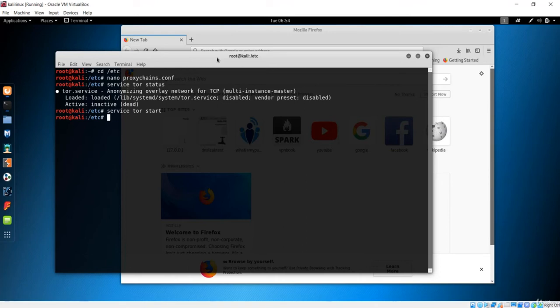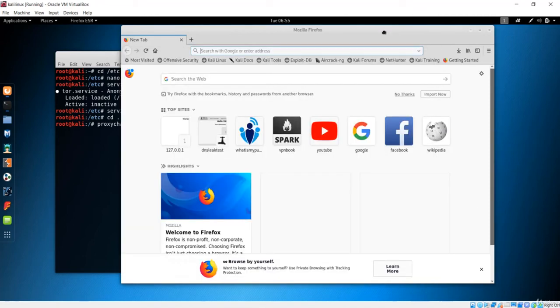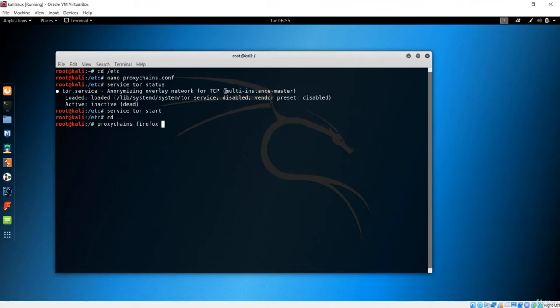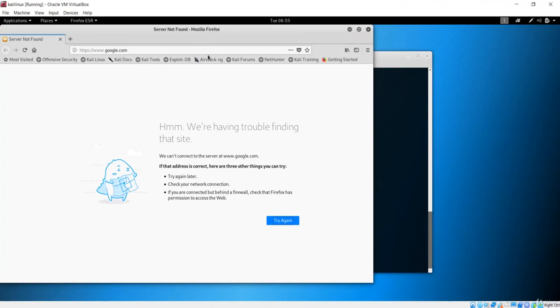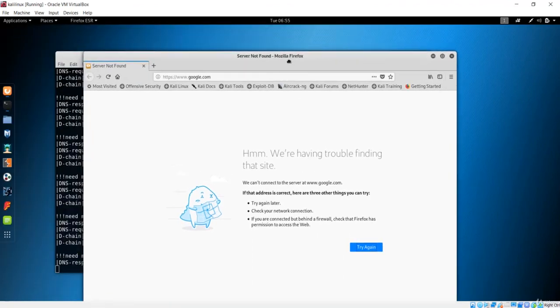Now the next thing you need to do is use the proxy chains. So let's see how we can use them. In order to use the proxy chains, we have the command proxychains firefox. Let me have internet access with this proxy chains. Before doing that, let me close this Firefox running over here. I want to surf some website with these proxy chains from the Tor network. Let me say I want to go to google.com, and if I hit enter, it is going to work and give us the information.